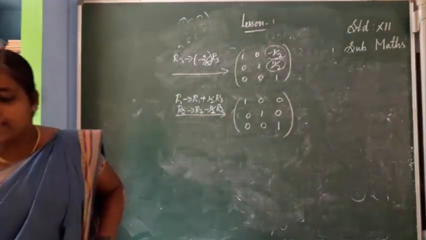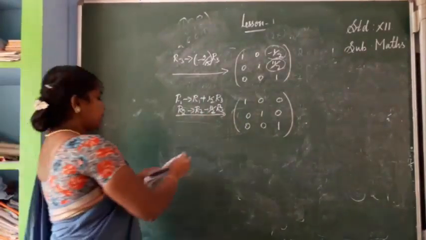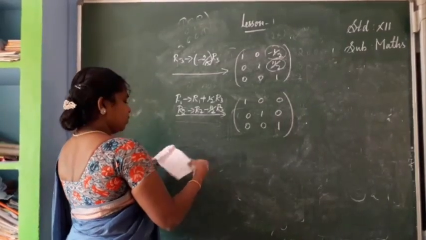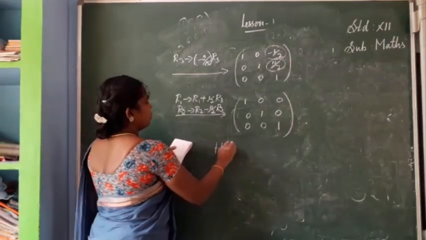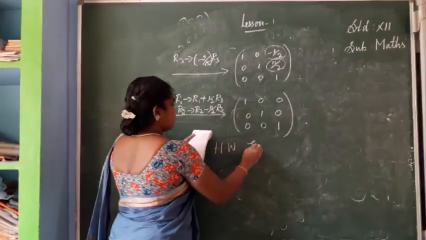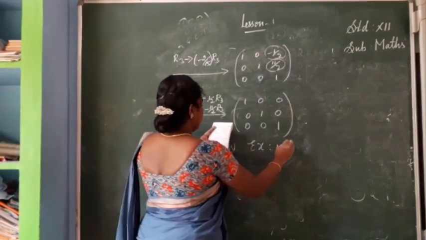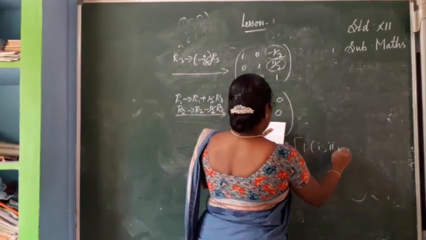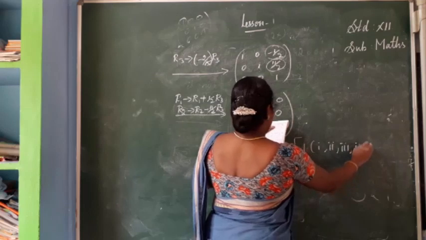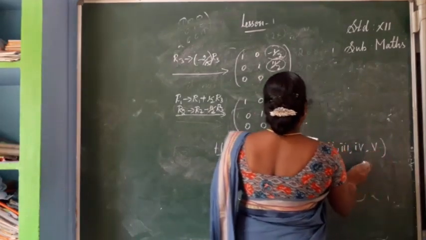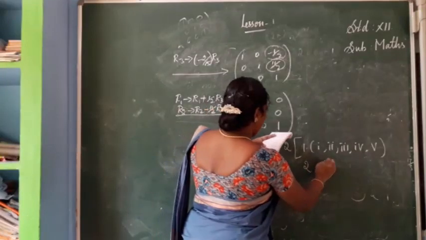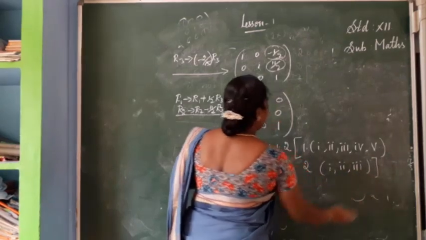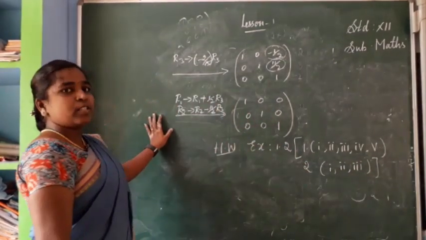Okay, completed. Next, homework is row reduction and minor method, which you can do. Exercise 1.2. First one, first subdivision, second, third, fourth, 5 subdivisions are there. This is the minor method. Then the second problem is the row reduction method. After trying this problem, we will get the idea about rank, with the minor and row reduction methods.